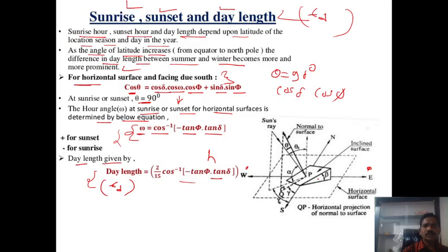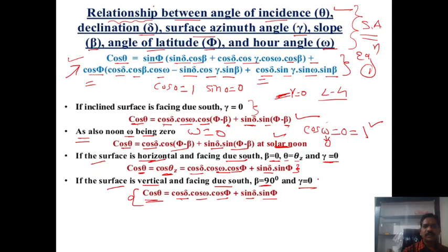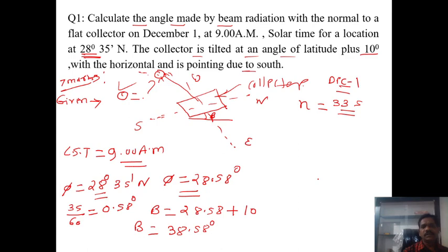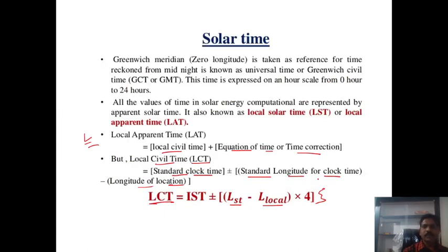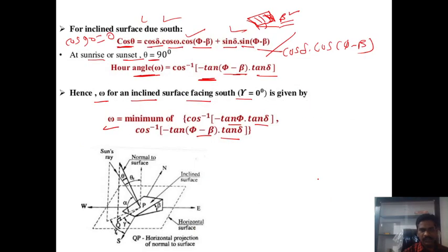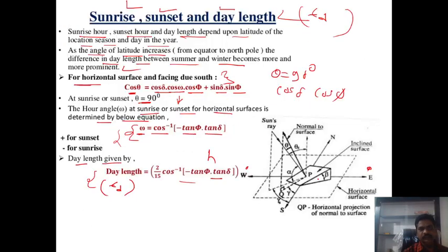So what is important today? Today only this numerical is important, guys. Very important numerical, always asked in the exam. Every paper, for 7 marks. So here is the end of our unit number 1. The end of unit number 1 is completed. This formula is never asked in the exam; it is just for the understanding point of view.